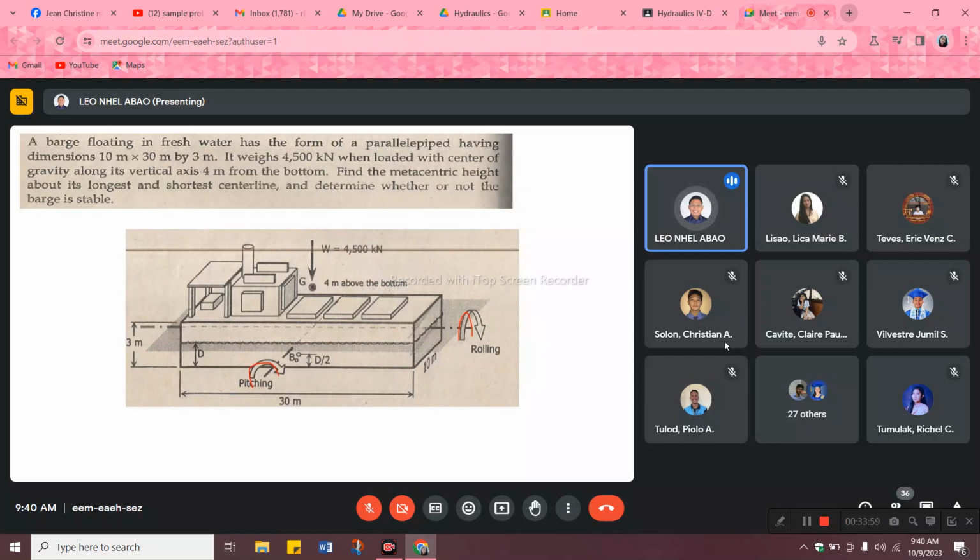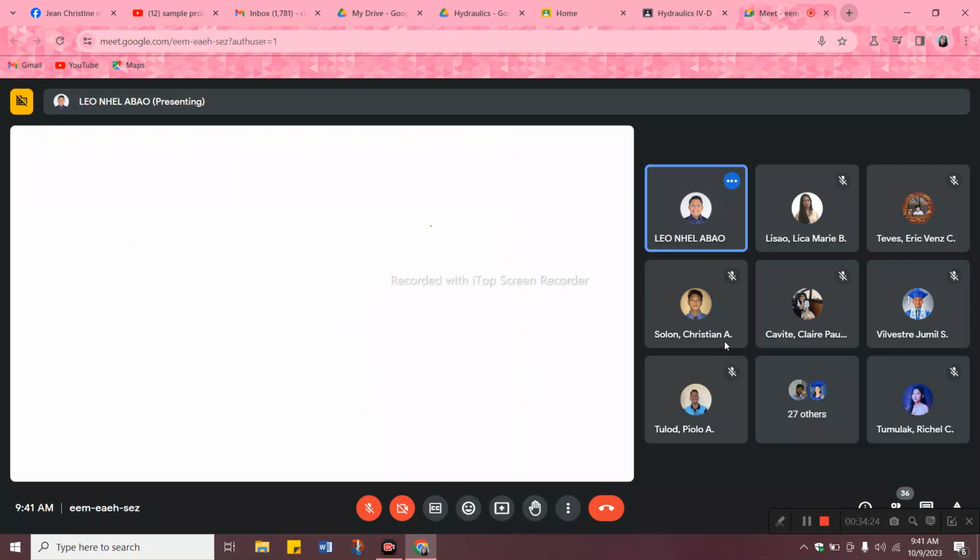Again, class, sa mga inanay nga problems, if dili ka ni stated, usually ang i-consider ana is ang pitching, no? Pitching, especially sa mga barko-barko. But if state gani nga both na, then you find both. Or maingon baron siya nga against rolling, so kung yun rolling, so kung longitudinal gina siya, no, ang mas taas nga axis. Kung yun gani pitching, transverse axis good ka ang mas mubo. Okay? So let us check.